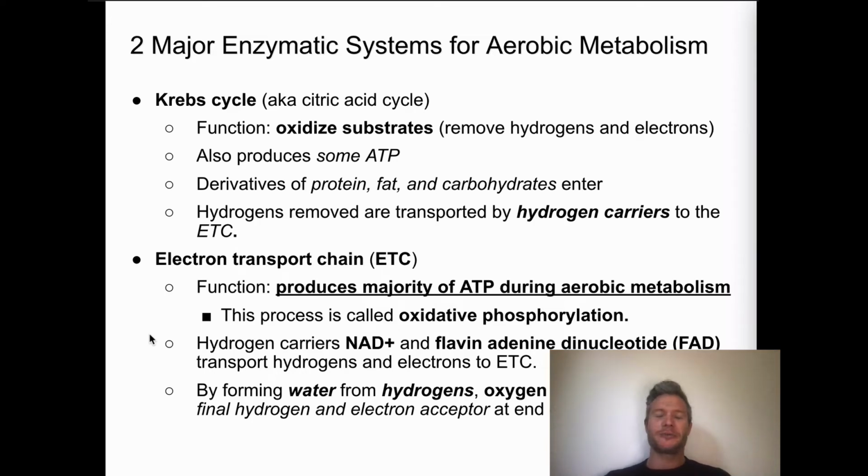Ultimately, it's aerobic respiration, so we need oxygen to help us complete the cycle and produce ATP through this form of metabolism. And sure enough, it comes in at the end of the ETC. And what happens is water is formed when one oxygen accepts a couple of hydrogens as a final step. And that's where oxygen comes into play for the aerobic system,